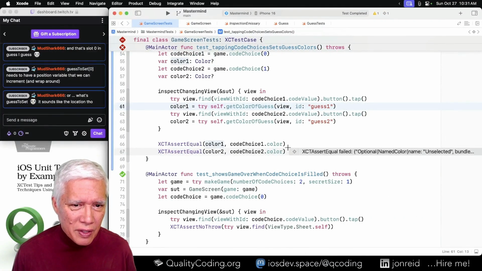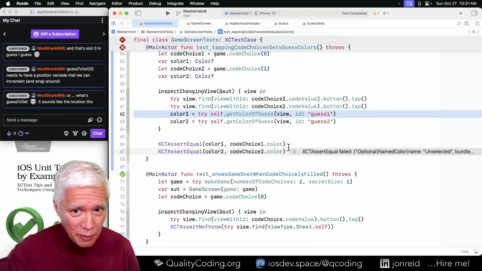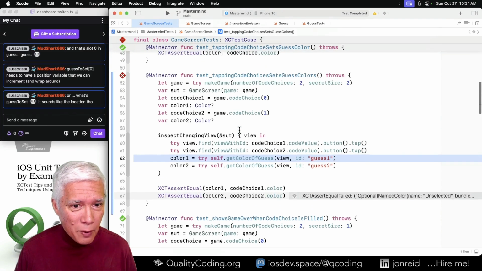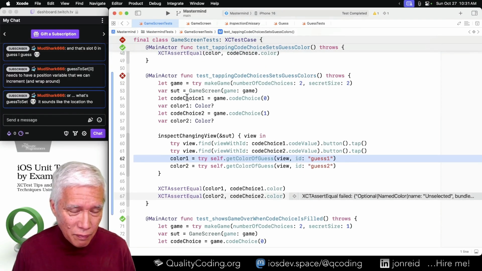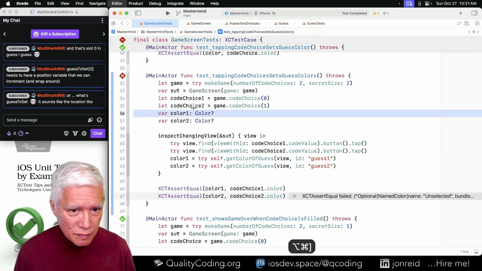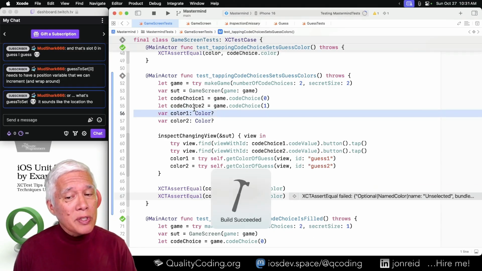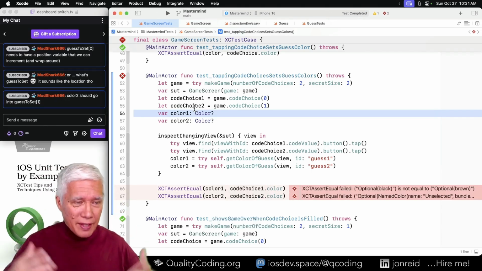And let's move things. If I do this, say tap, tap, and now get the colors, rather than tap and get the color, tap and get the color. Now this should fail. This was super helpful. Good. Black is not brown. Okay.